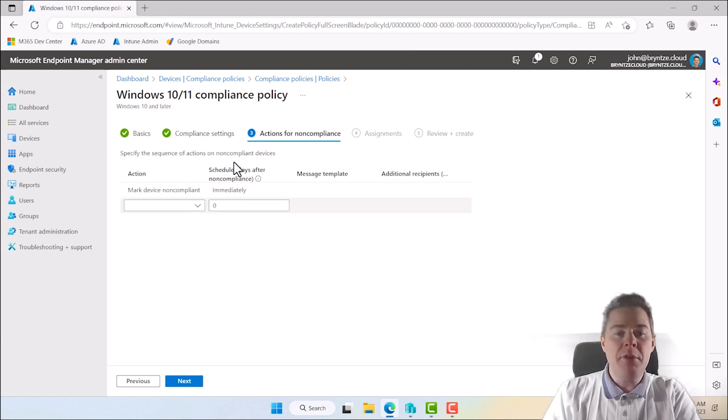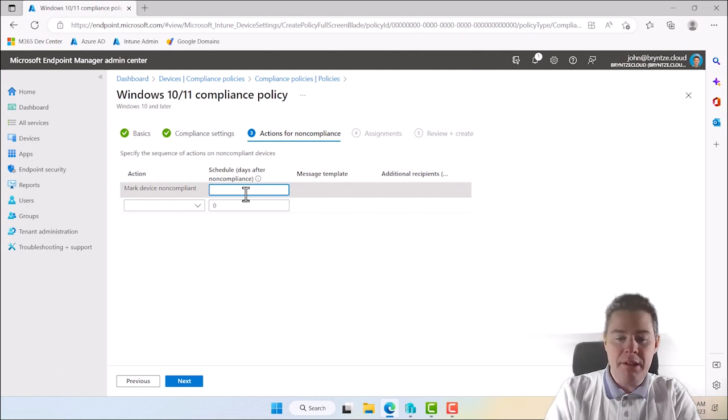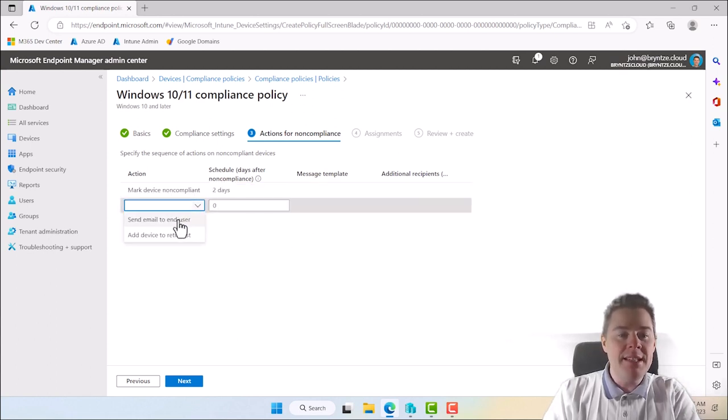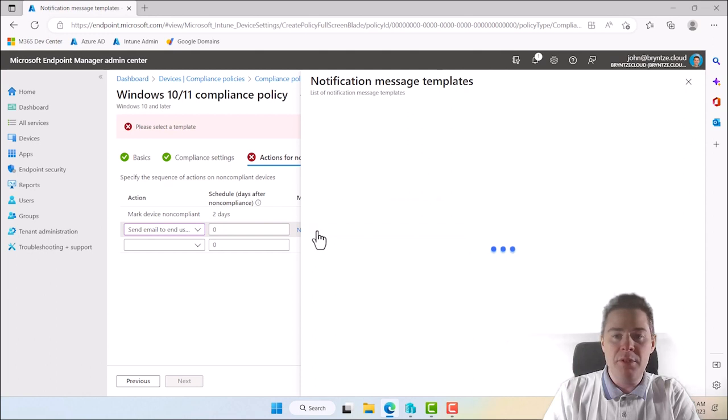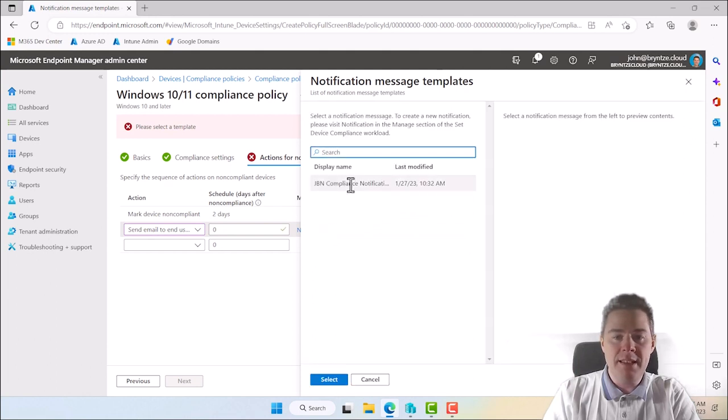And here we have three actions. First, mark as non-compliant if this doesn't happen after, let's say, two days. So we are nice to give some time, so BitLocker can kick in. Then we have two others here. We can send an email. That's the template that we created before. So now we need to select our template, the one we just created earlier. So we take this one,